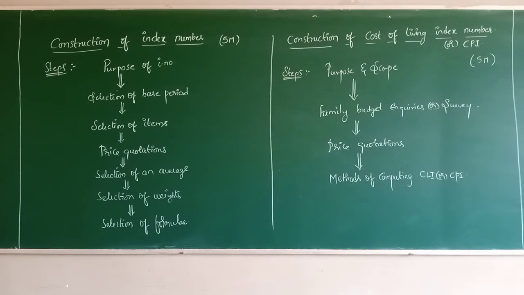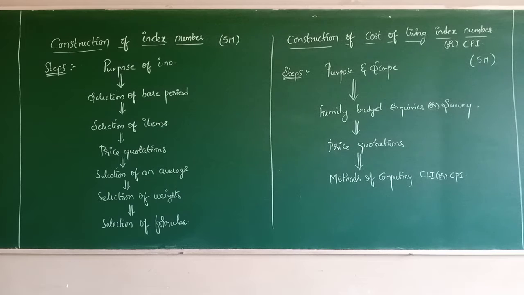Now, selection of base period is a crucial step to construct an index number. Generally, in many problems we have seen, the base period is directly given, but how the base period has been selected follows some norms, conditions and limitations. Remember that index numbers are always constructed with reference to some period known as the base period. The index for the base period is always taken as 100.